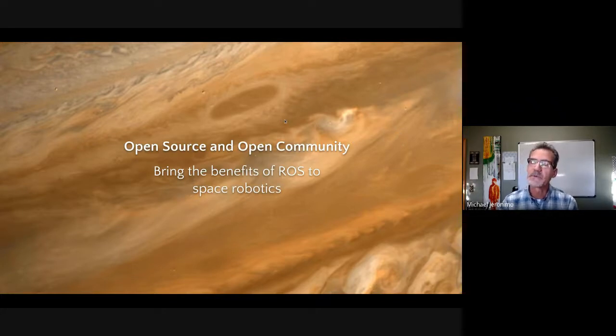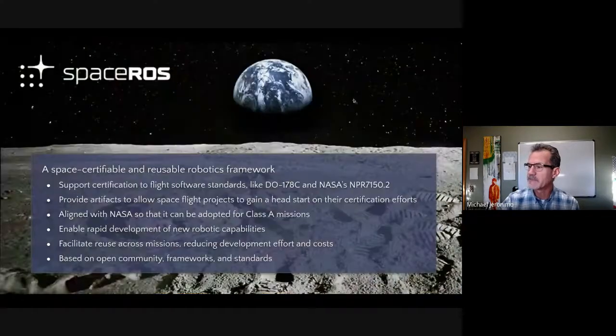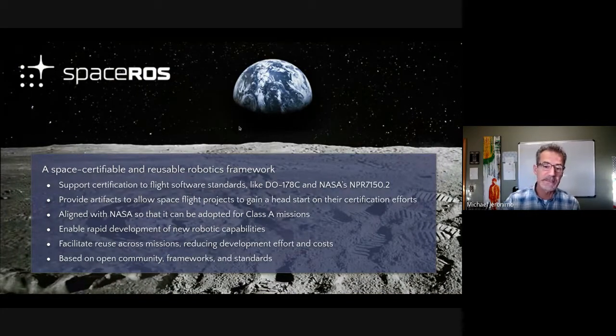So there is some open source. For example, NASA will open source things like cFS, but it's not the kind of vibrant ecosystem, for example, that ROS has around the packages. So in summary, a space-certifiable and reusable robotics framework that would support flight software standards like DO-178C,